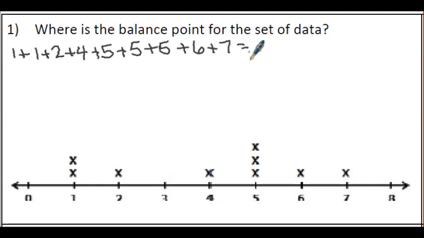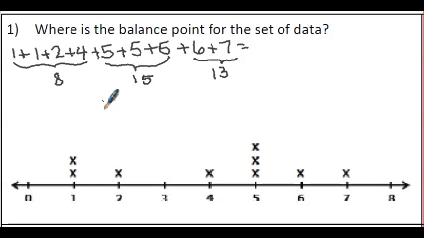So if I find the mean of all of these numbers, I'm going to add them all together, and I right away see that 5 plus 5 plus 5 is 15. 1 plus 1 plus 2 plus 4 adds up to be 8, and 6 plus 7 adds up to be 13. So I'm going to add those on the side and see that 15 plus 13 plus 8,